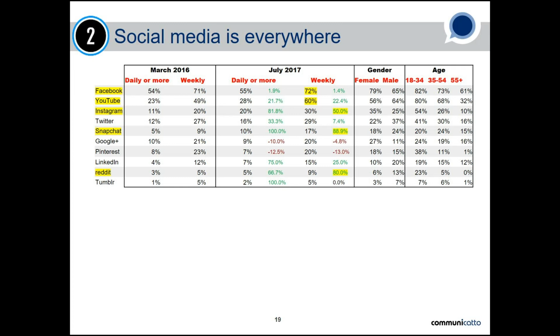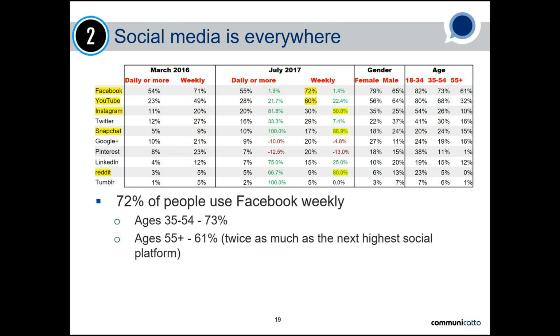So what we've got here is I've highlighted the 2 top ones being Facebook and YouTube, and highlighted specifically that in July of last year, 72% of the population of online users was using Facebook on a weekly basis, and 60% using YouTube on a weekly basis. What I found was really interesting was that people in my age bracket, the 35 to 54,